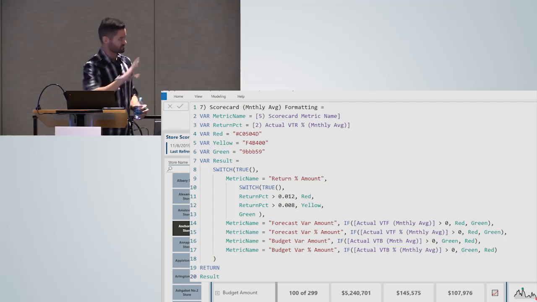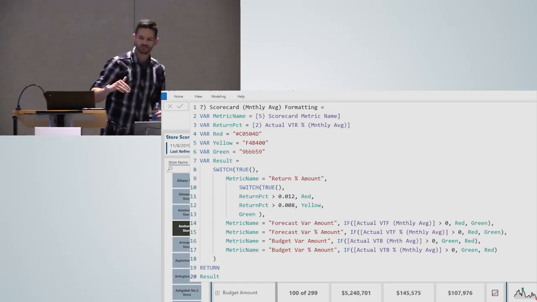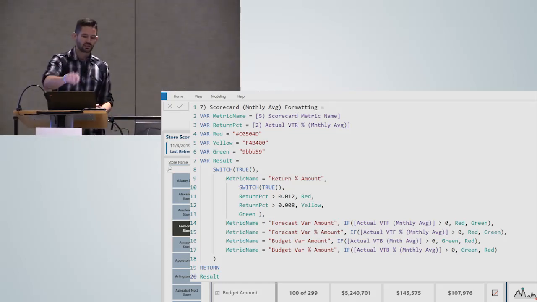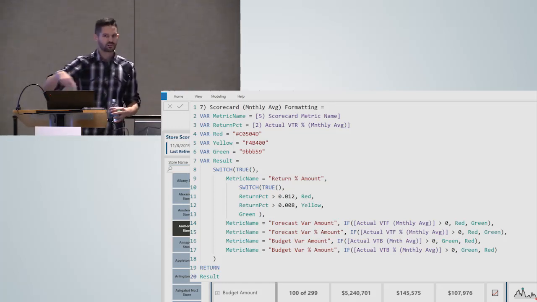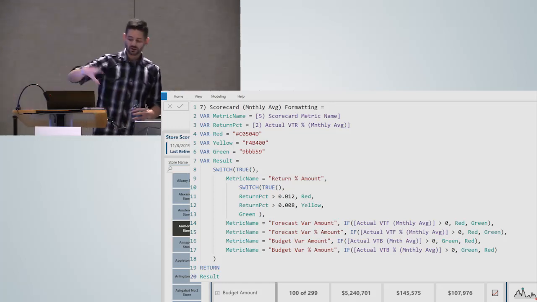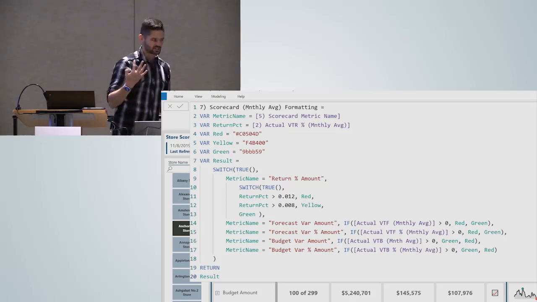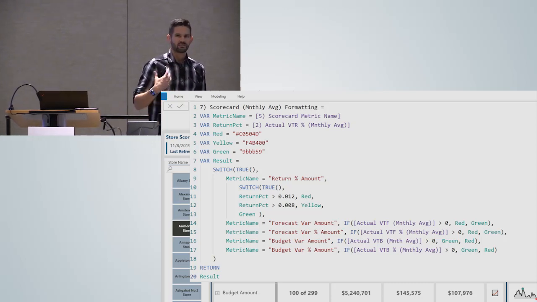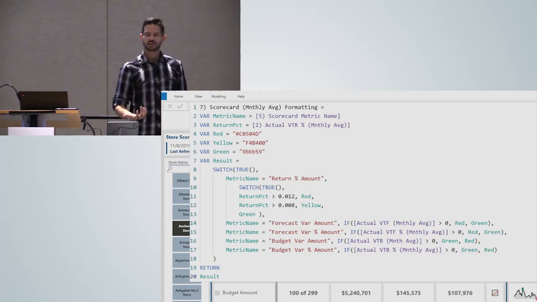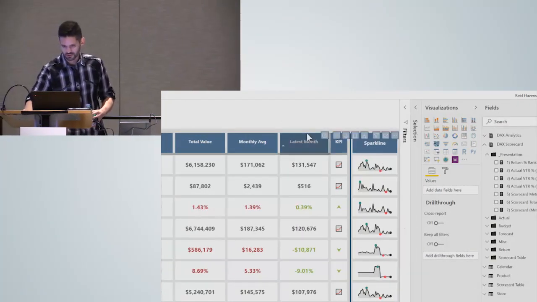You can also set up similar logic like this just directly in the conditional formatting option with rules and other stuff. But I actually really, really like to put my hex codes in my measures because then I can reuse it over and over again. This is a more complex one, but at a simplistic level, if I have 5 different colors that I want to return, depending on if a number is this, one color, this, another color, etc., and I have 18 visuals that I want to apply that logic to, I don't want to have to come in to my visual.